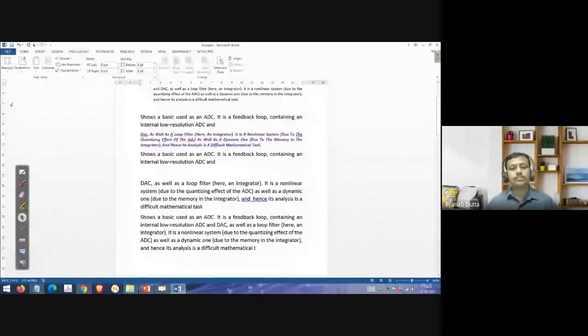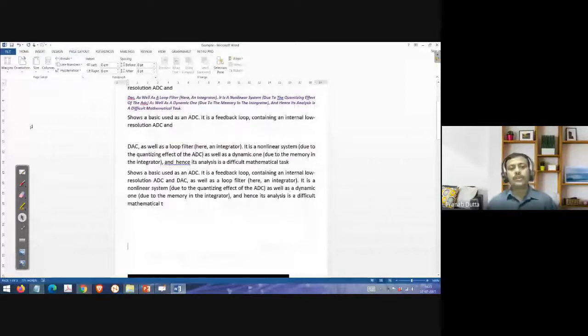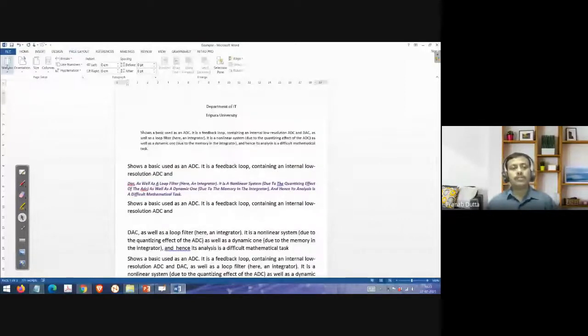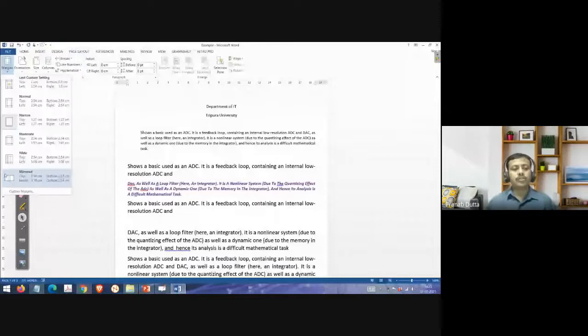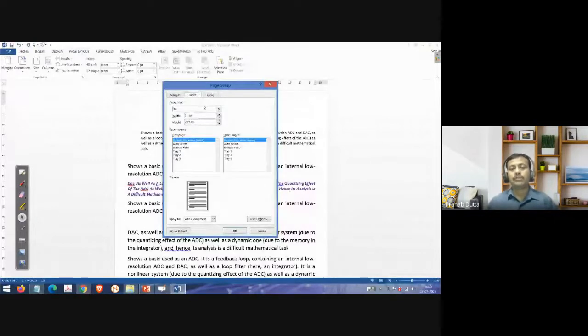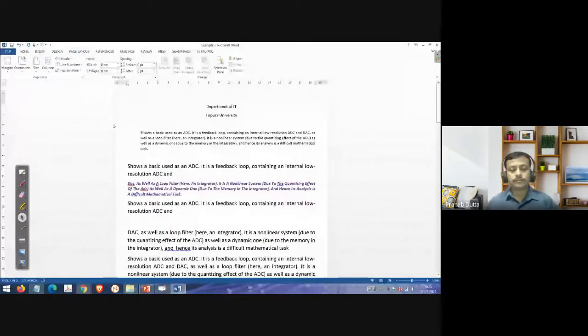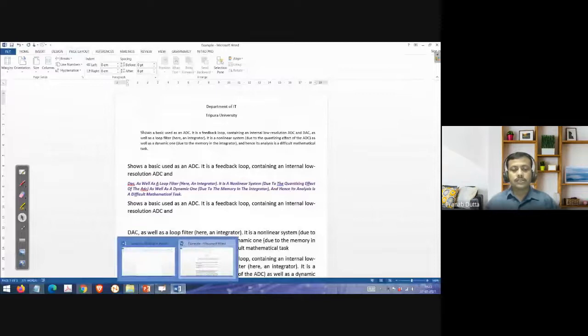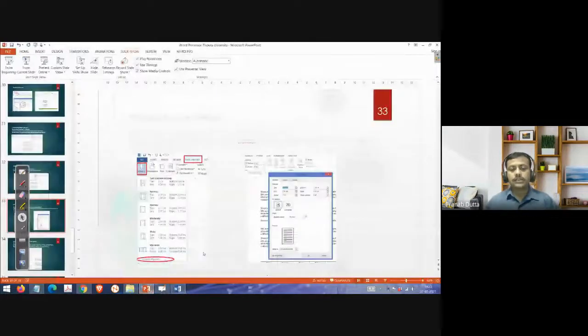You just select any one of these, so automatically the margin is set. If you see, it's going up, right? That we can do. But if you want the margin according to your choice, then custom margin, and you can fix it. What is the top, the left, right, header size, footer size, which paper you are using, everything you can go for. Okay. Next, that is what your margin is.